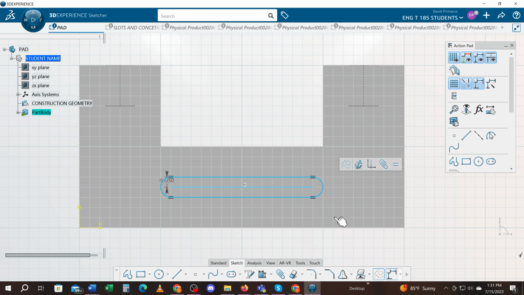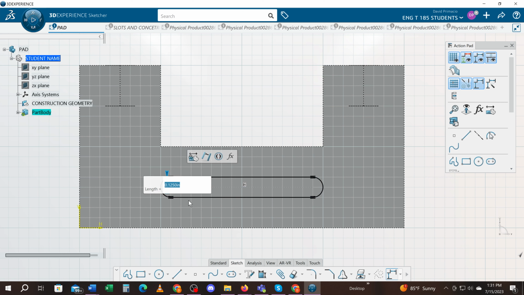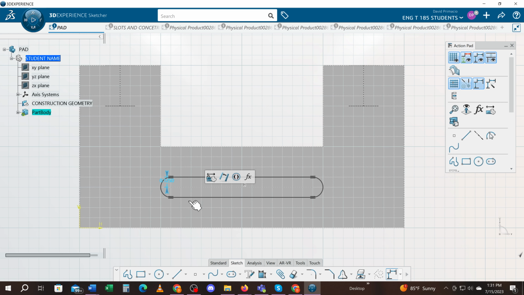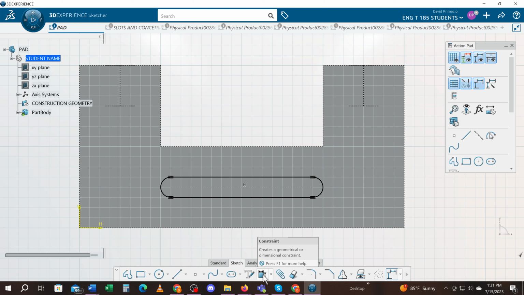So if I click this position, it creates a slot. It always creates a constraint I don't like. So I'm just going to delete that constraint. Whoops. I'm going to delete that constraint. And what I like to do is double click the constraint to keep it on. One thing it doesn't do well is it doesn't dimension this very well, so I'm going to dimension this for it. This is the length of the slot, and then I'm going to dimension